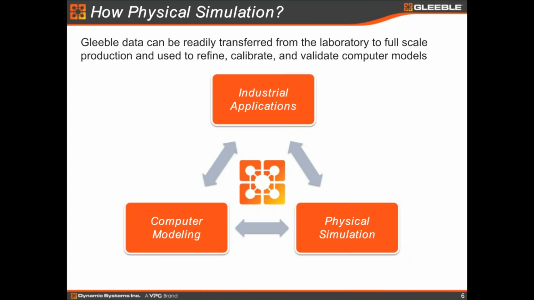For example, when we do welding simulation, especially the HAZ zone, we only know a certain point in the HAZ in terms of its microstructure or property. But when you really want to know the whole HAZ's microstructure and property, it's tough. So you have to use a mathematical model like an FEM model or differential model to give you